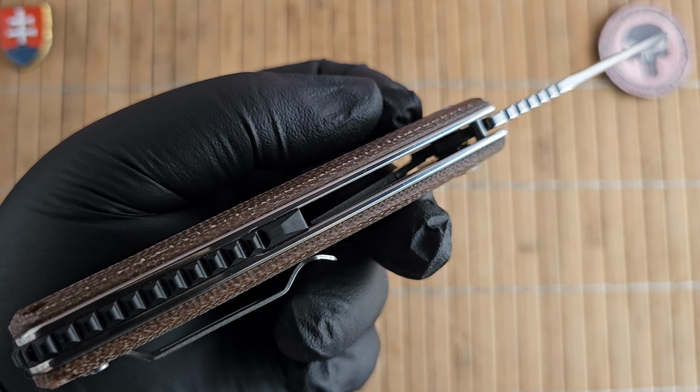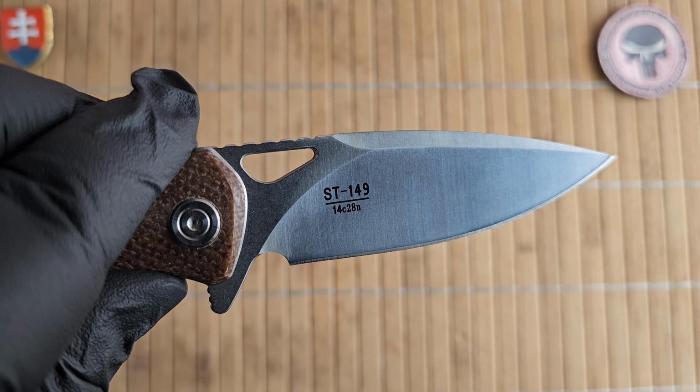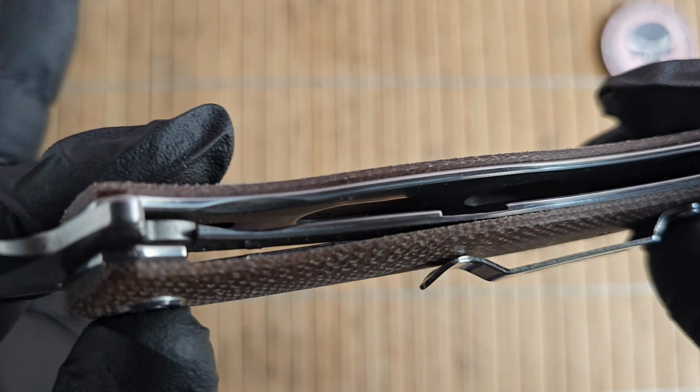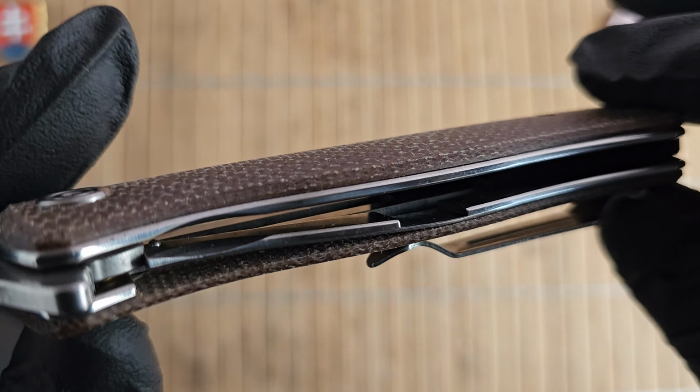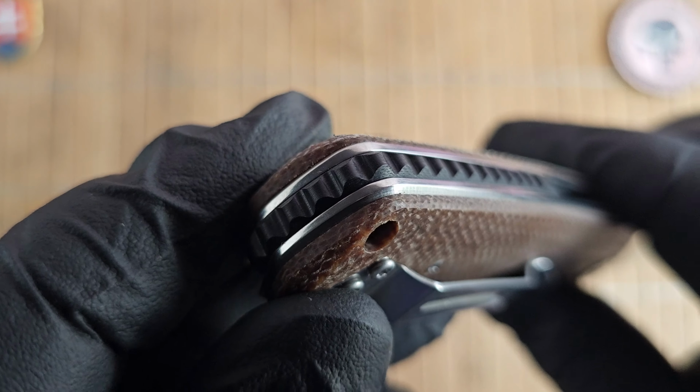Like I mentioned, on the blade we have 14C28N steel with this dual tone, so stone washed and satin finish, and a nice drop point or leaf shaped blade. On the scales we have brown canvas micarta. This is natural, so unpolished, unbuffed. We have full stainless steel liners, which are nicely skeletonized on both sides, and a partial 3D milled black G10